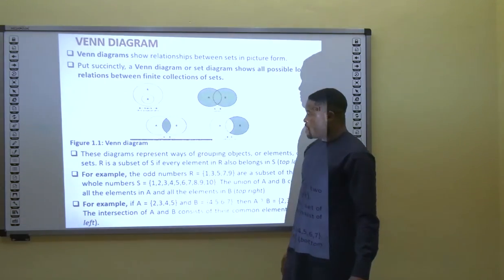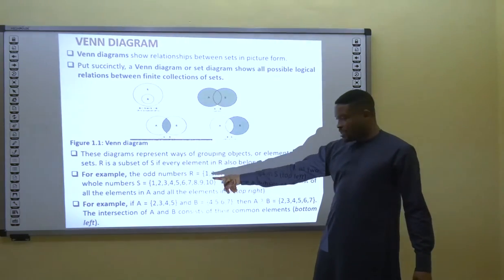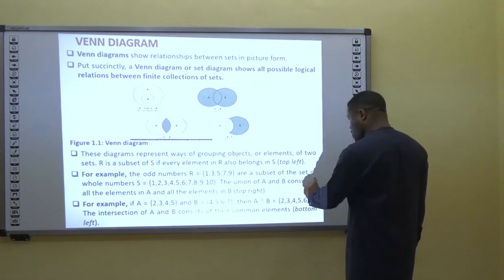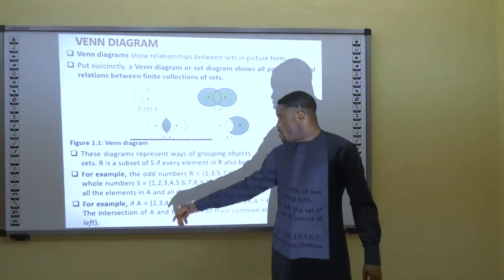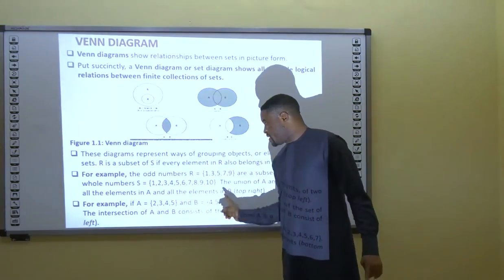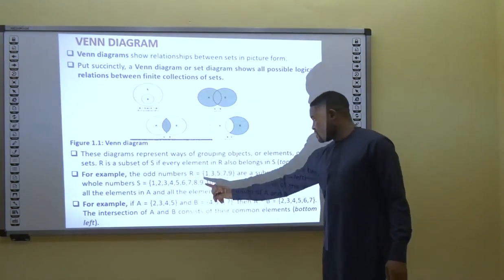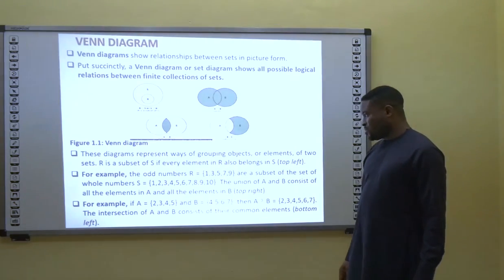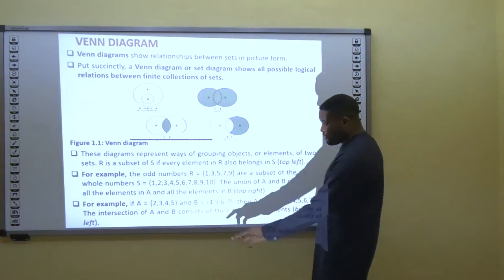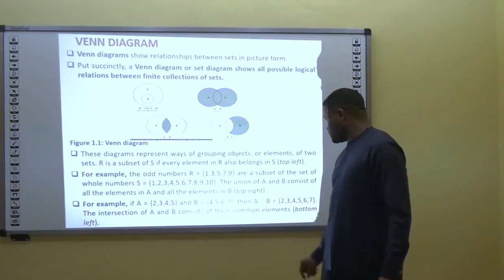So for example, if we have R as a set representing odd numbers 1, 3, 5, 7, 9, you can say it is a subset of the set S of whole numbers from 1 to 10. So R is a subset of S because the values in R were picked from the set S, representing odd numbers within those sets. Then we have another example where A equals 2, 3, 4, 5 and B equals 4, 5, 6, 7. Then A